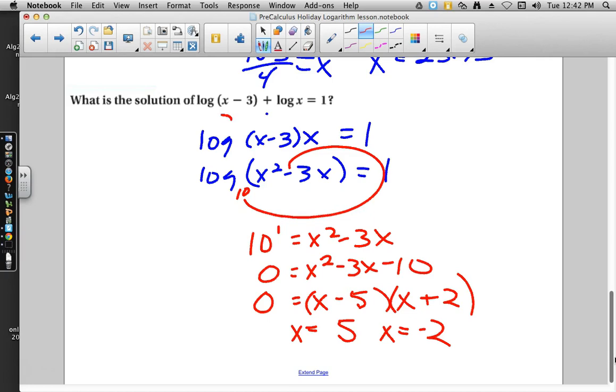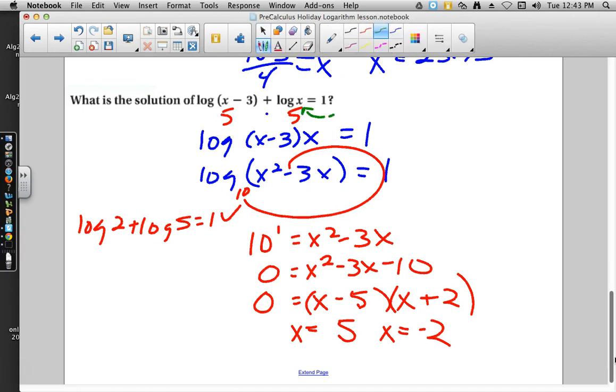Now, a 5 up here would be the logarithm of 2 plus the logarithm of 5 equals 1. And yeah, we should probably go through and check the whole thing, because what we're going to do is just punch that into a calculator. So log of 2 plus log of 5 equals 1. You can punch that in. You'll see that that one works. But